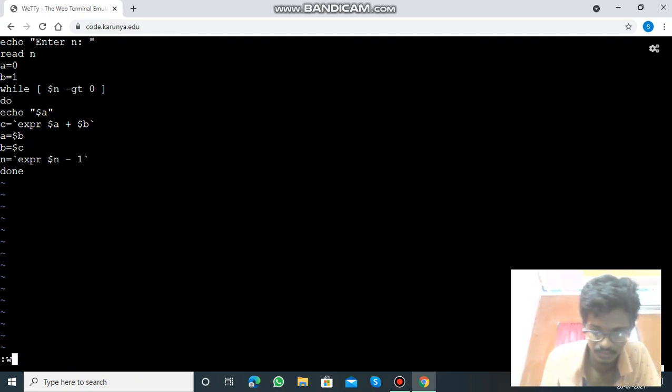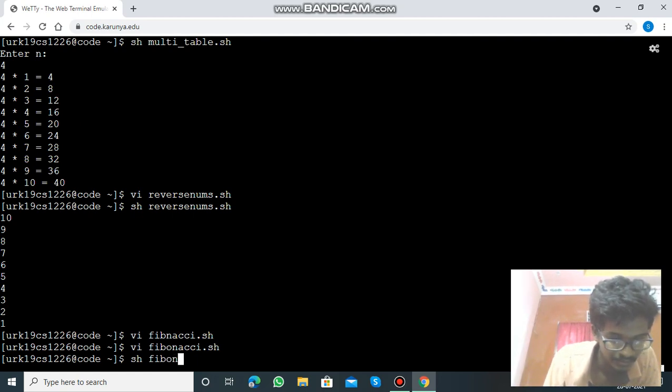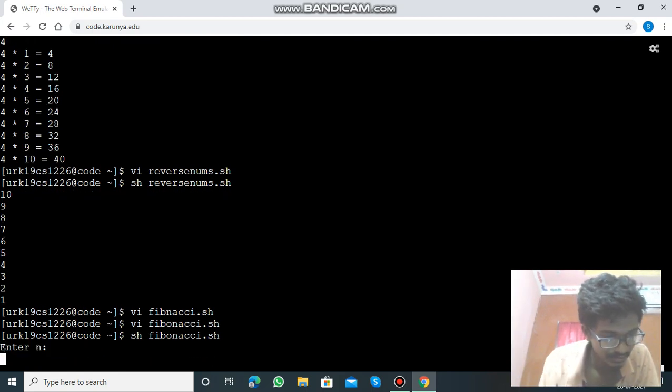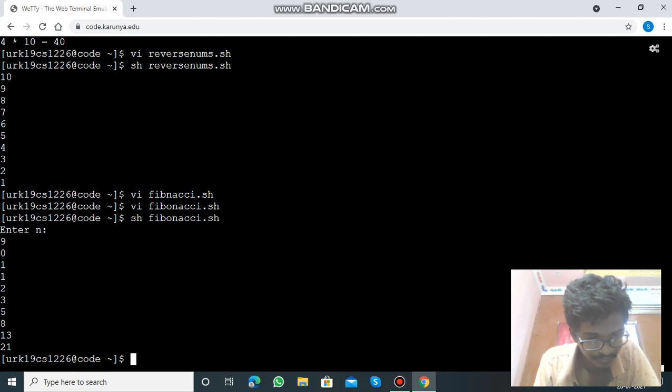Shift wq, enter, sh fibonacci.sh, and it will ask to enter the number 9, and it will print the Fibonacci series.